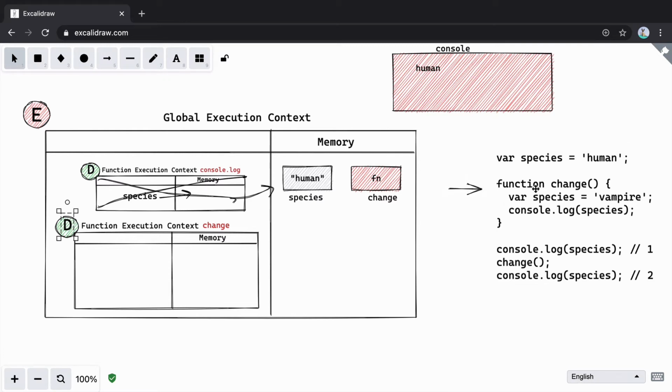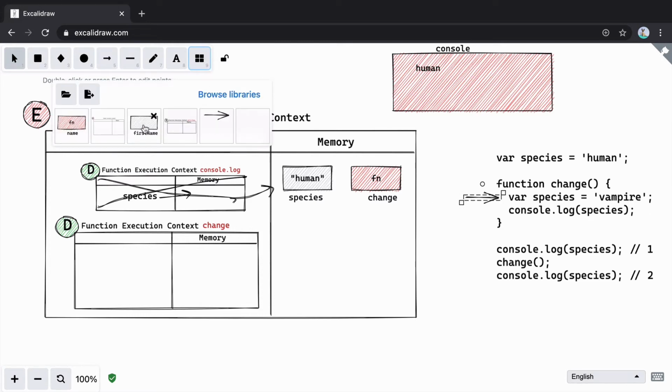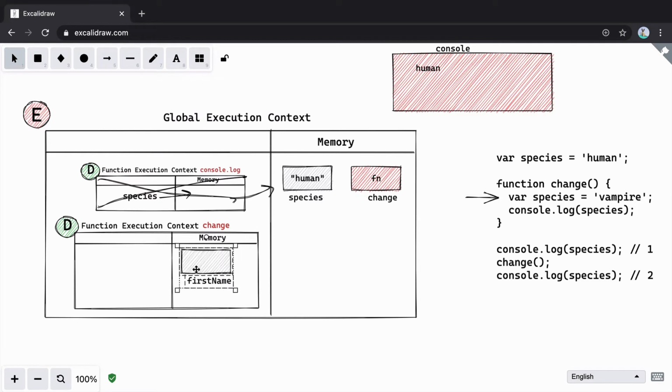In declaration phase, we see a variable declaration called species inside this. So we'll create a variable named species, and the value in declaration phase will be undefined. The next line is not a declaration, so we'll finish the declaration phase and move on to execution phase.